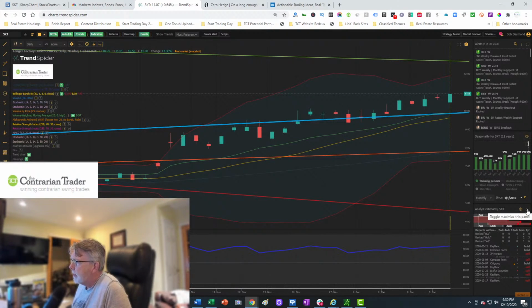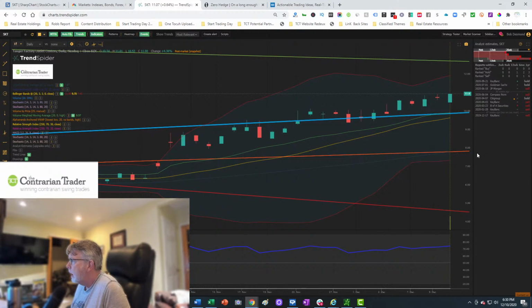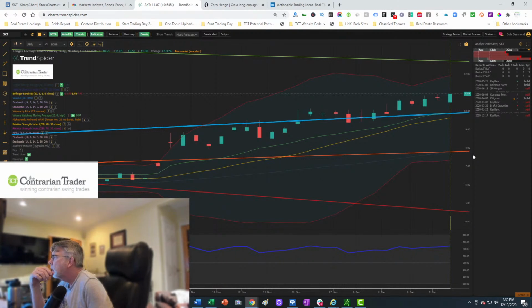Now, what I like about this feature is this. I don't care about an analyst putting a buy on a stock. I could care less. What I care about is the ratio of holds and sells, which are the same in the analyst world, relative to the buys. And you have a tremendous number of holds and sells, but with no buys. That is a contrarian indicator.